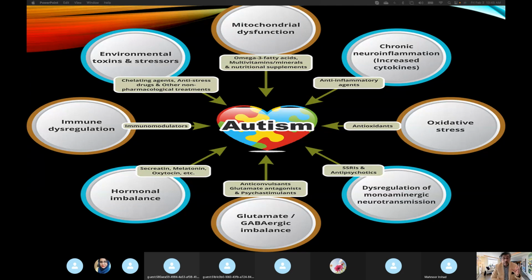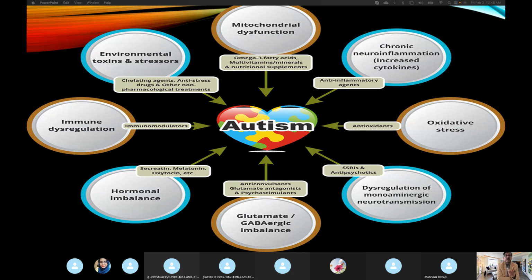But again, may help, there is not significant data available to prove its efficacy. Antipsychotic medications are usually given sometimes to these children to keep them calmer rather than using benzodiazepines to address the issues. Then glutamate-GABAergic imbalance is suggested in lots of studies, and they say that anticonvulsants and glutamate antagonists and